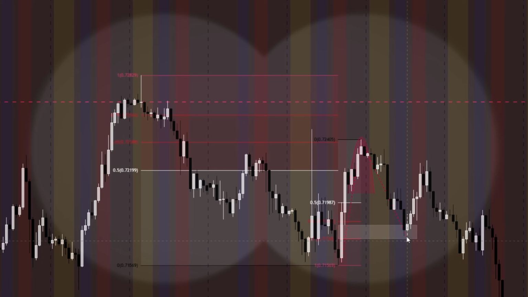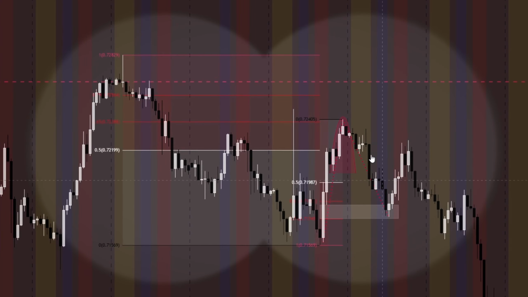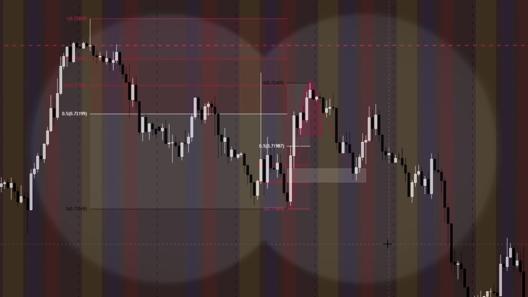If you could find a fractal here, that'd be even better. Your stop loss would be insane. And look, it went up, right up, back to premium. But look, it tapped on fair value of the higher time frame range. And that's it. So that's another example in which price reacted off